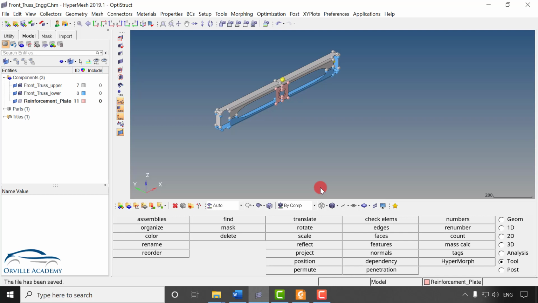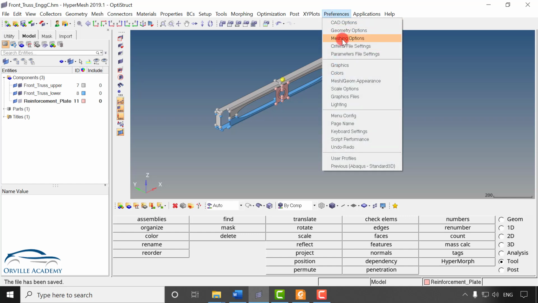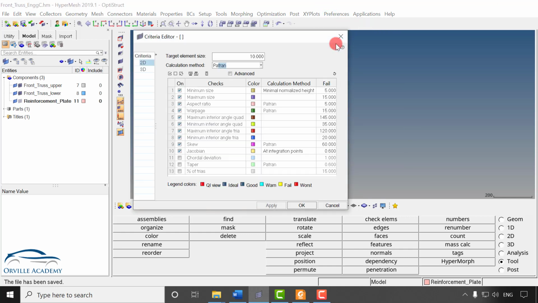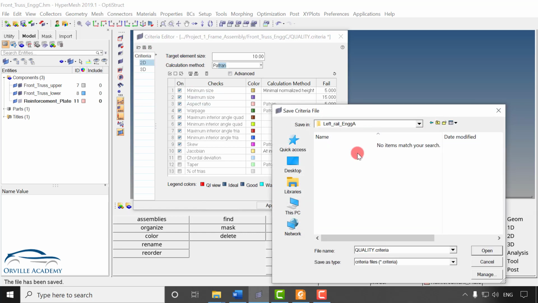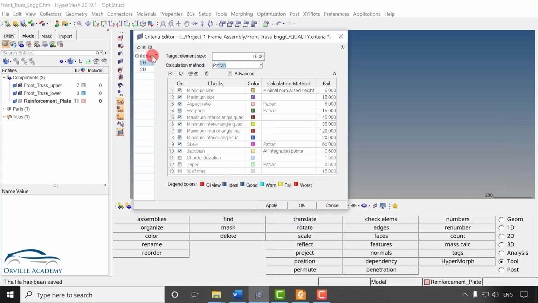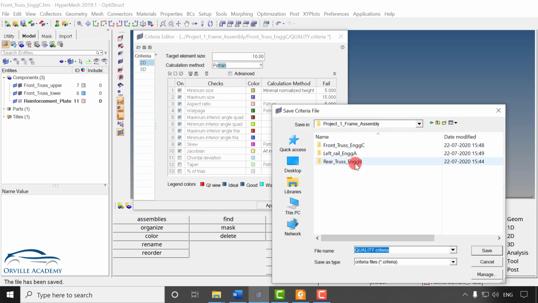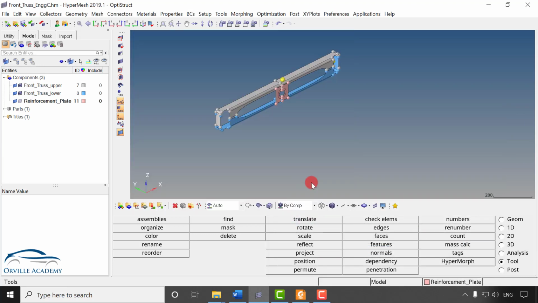So now let us give our engineers the criteria file setting. So I can go for preferences. As we have already made the criteria file settings, I just have to save it. So I can go for save as and save it to all the engineer files. Here I can go for quality file and here I will save it. In similar fashion, let's say save as for engineer A, let me save it, and again save as for engineer B. Now our engineers A, B and C, all of them have the required information needed to carry out the project.